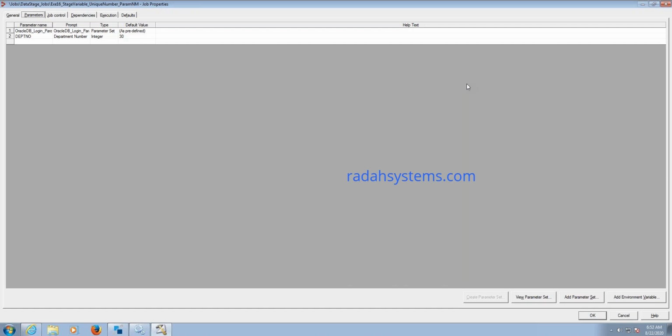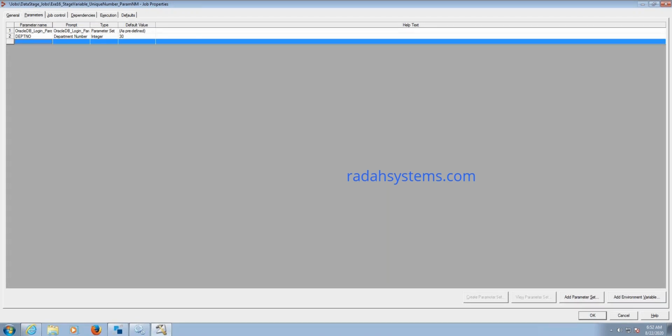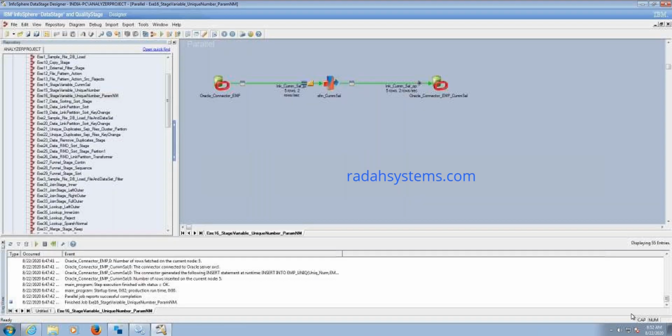Now we'll create a parameter set. Narayana, if we have created a parameter set in this workflow, how would another workflow know about it? The parameter set is stored in the repository.